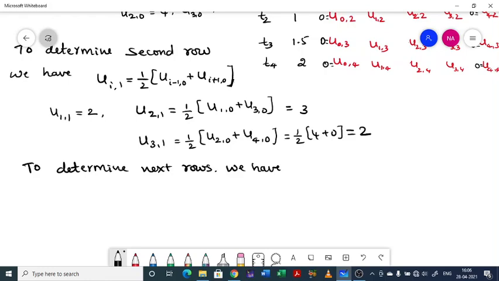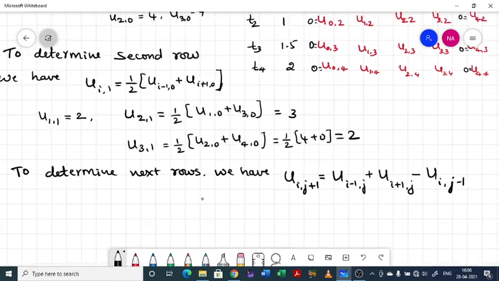We have u I comma j plus 1 equal to u I minus 1 comma j plus u I plus 1 comma j minus u I comma j minus 1. So this is the formula you have to use to find next entries. Okay, now I want